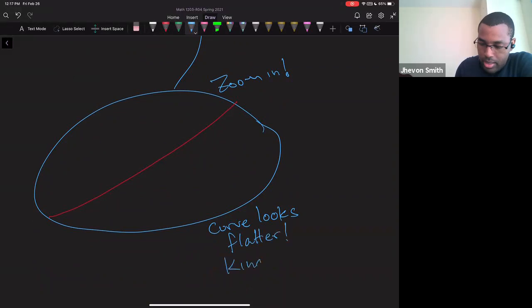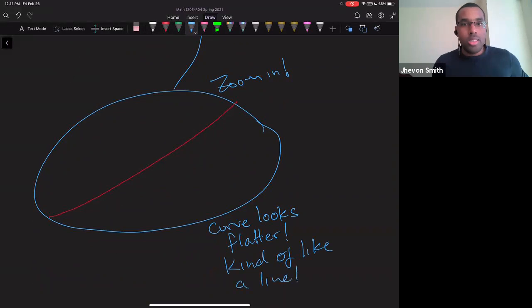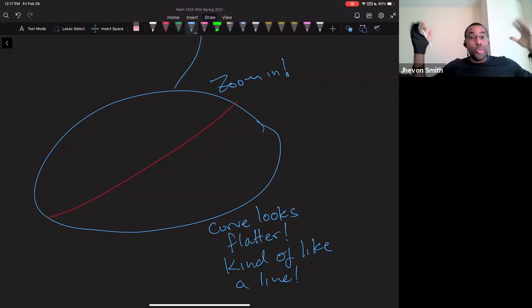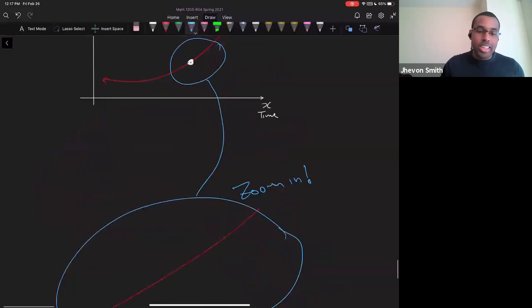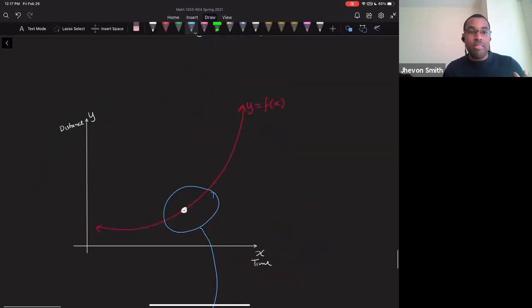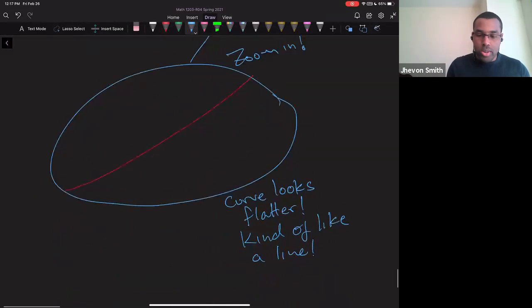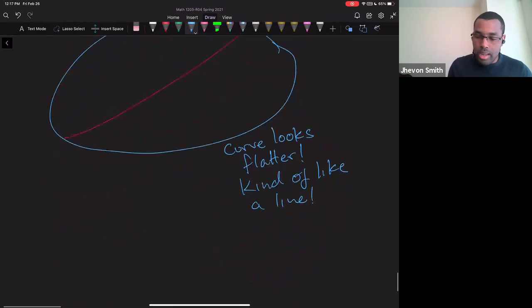Kind of like a line, right? So people look around, well, the earth looks flat. I guess it's flat. Yeah, but you're zoomed in. The earth is huge and you're this small. It's going to look flat to you, but really it's curved. So that's the idea. The idea is to have a curve, but look at it on a scale where it looks like a line. And so now what you can do